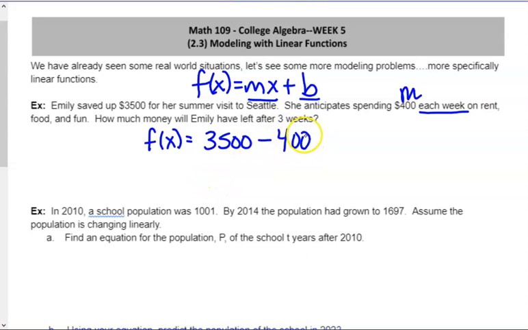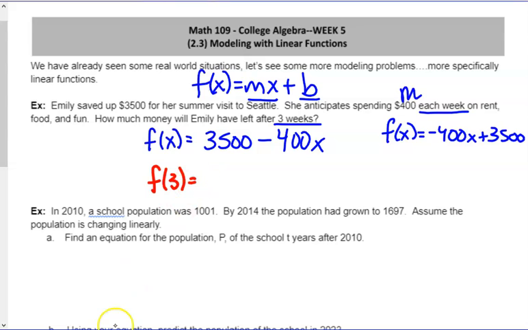So in a generic sense, we could write it like this, where I have minus 400x, where that latter part there is the piece that's going to be changing. So here's a function that models that. Now, you might also write it as f of x equals minus 400x plus 3,500, and that would be exactly the same thing. So for what we are asking in this particular problem, what we are looking for technically is